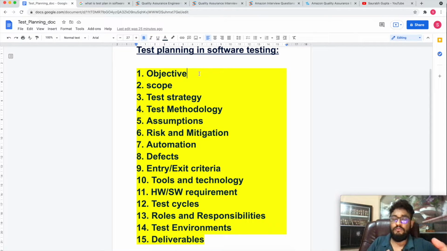But the test cases might be wrong username, wrong password, correct username, correct password, checking on different network speeds when Wi-Fi is not available, password encryption, different kinds of passwords. These kinds of permutations and combinations happen when we talk about test cases under a particular test scenario, right?